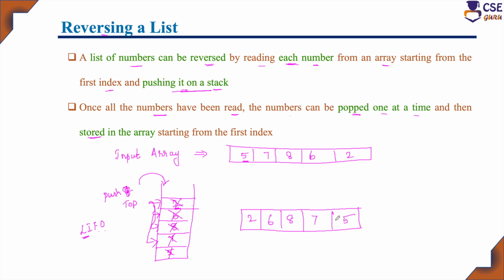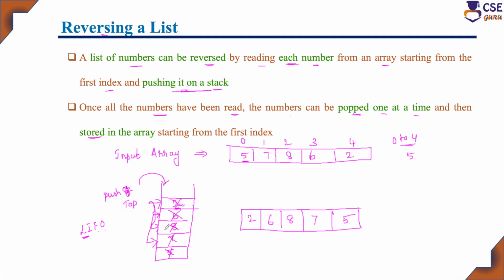Check here whether the list is reversed or not. Very simple logic we have implemented. Initially, the input elements are stored in an array from the 0th location to the n minus 1 location. Here there are totally 5 elements, so 0 to 4 we have stored. From the array, starting from its first location, each element we read one by one and push onto the stack. First we push 5, which is placed at the bottom. Next 7 at the top, next 8, next 6, next 2 at the top. Once all the elements in the given array have been read and pushed onto the stack,